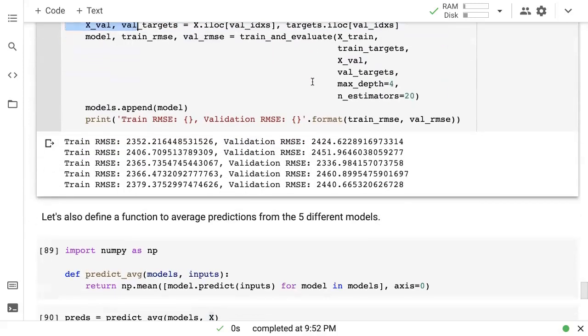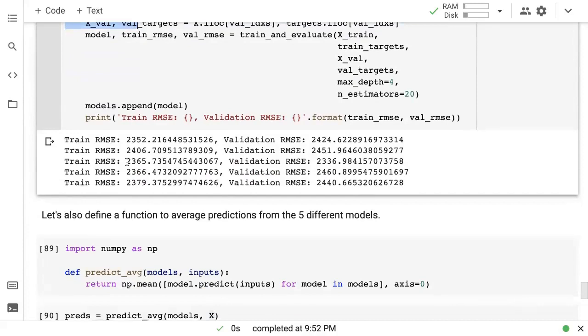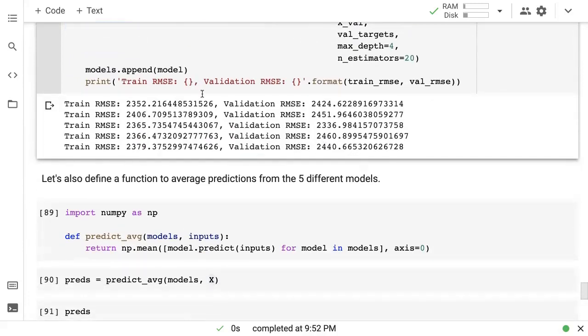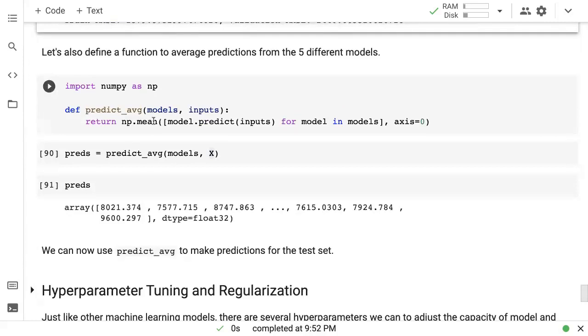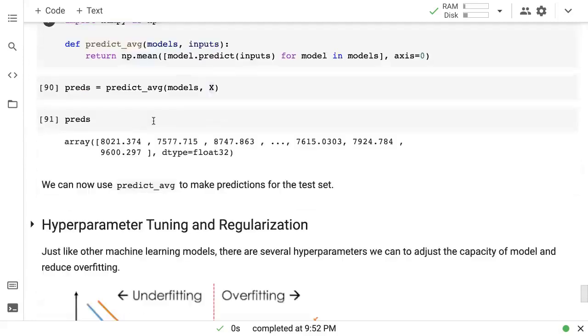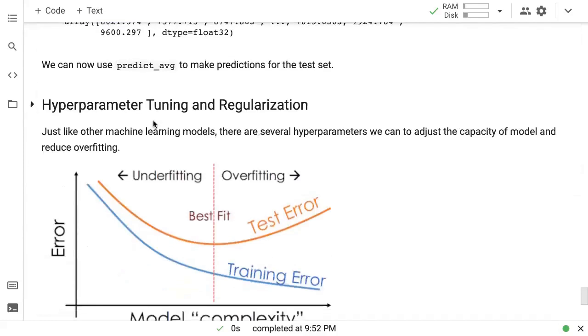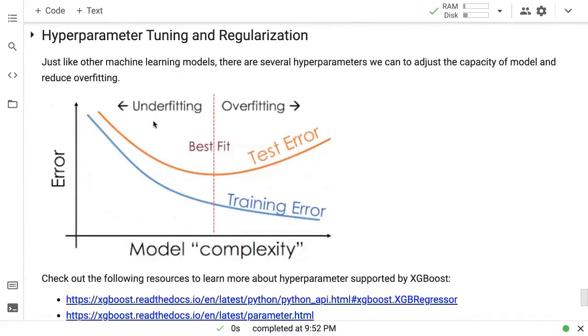You train a model, you evaluate the model. You can view the actual results here, and then you can also keep track of all the models and then use all those models together to make predictions. Definitely a more advanced technique, not something that you will have to use for data sets that are large enough, but still a good thing to know. Okay. All right. So that's how we perform k-fold cross validation.